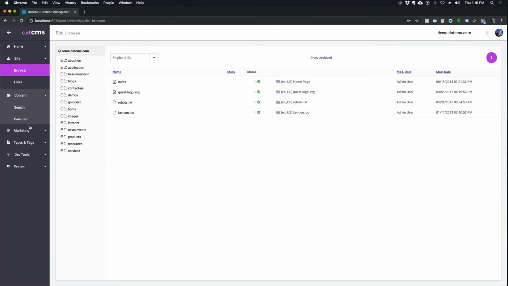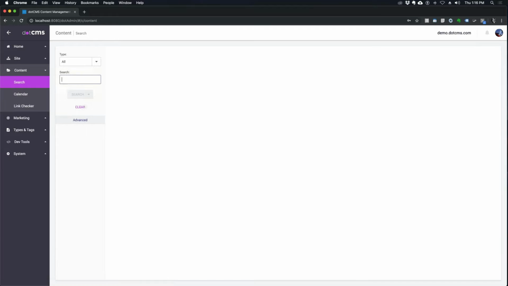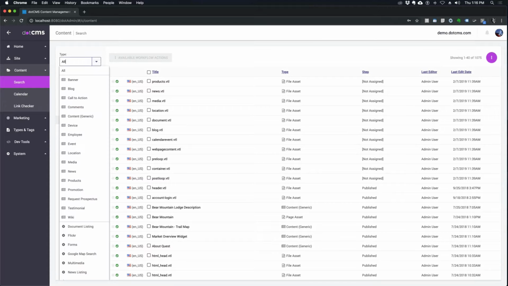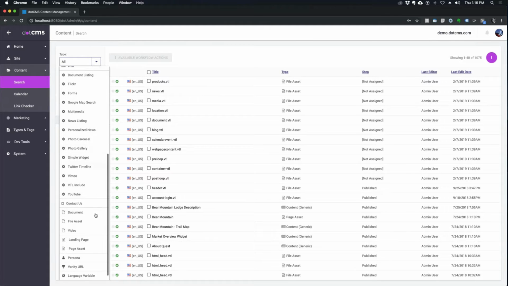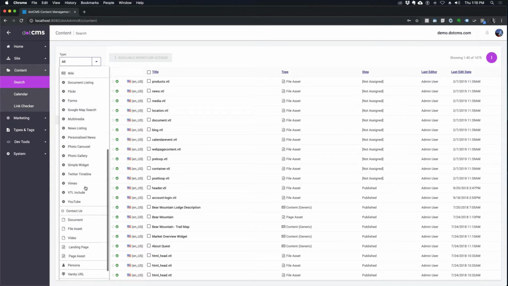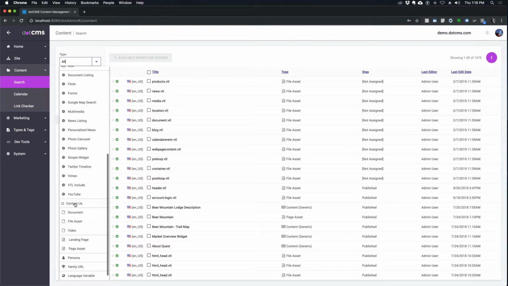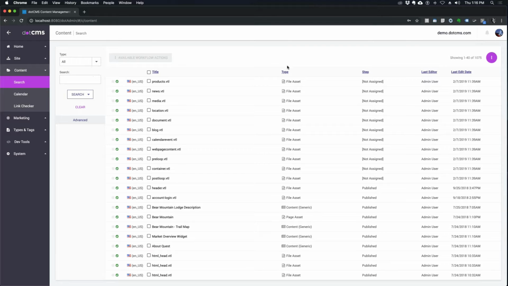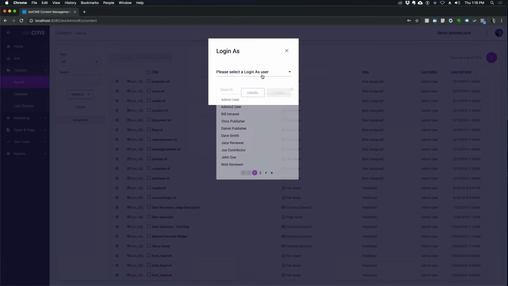Whenever I go to my content tab and I search the content repository for anything, I'm seeing tons of different content. I see widget content types. I see regular content types, contact us forms, file content types, page content types, personas, vanity URLs. But if I log in as a limited user, we have a proxy login feature, so I can log in as